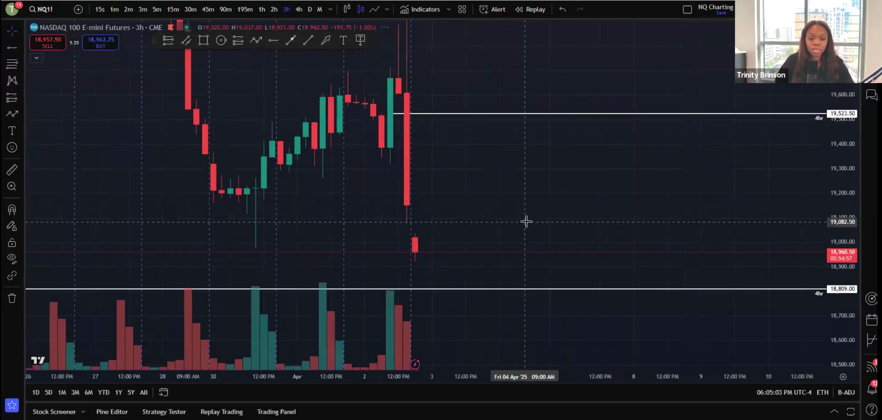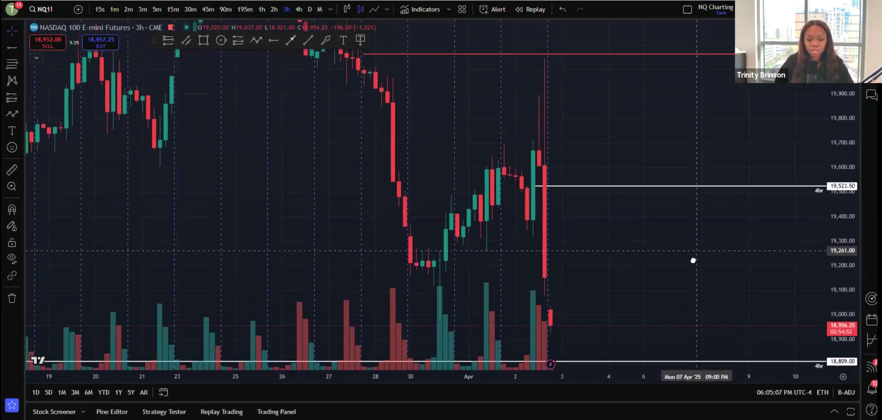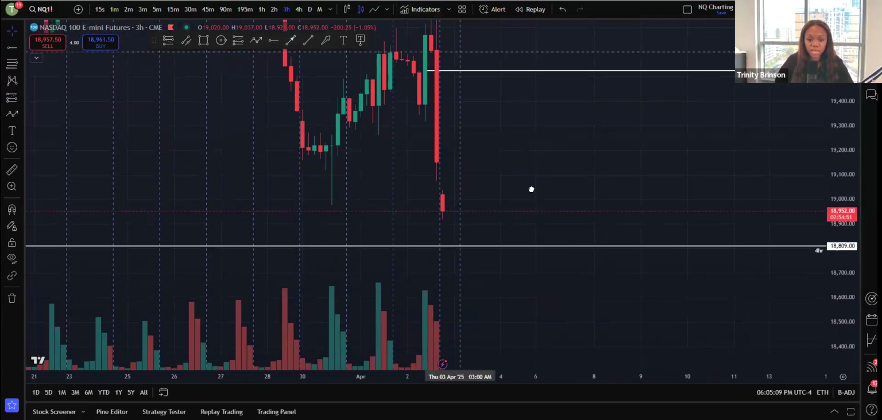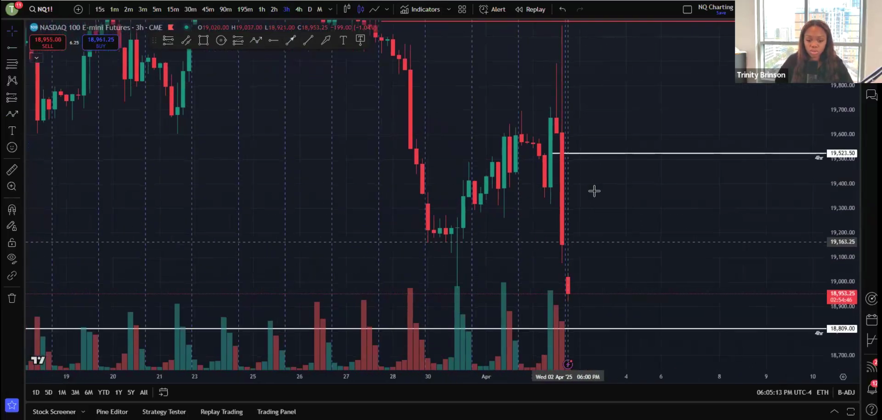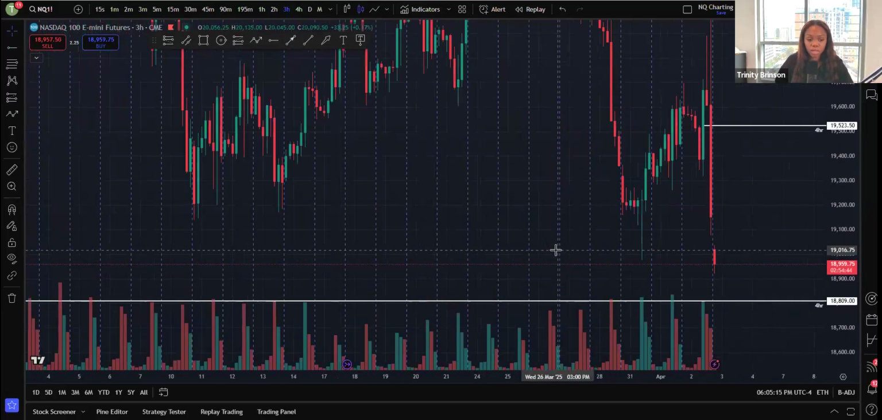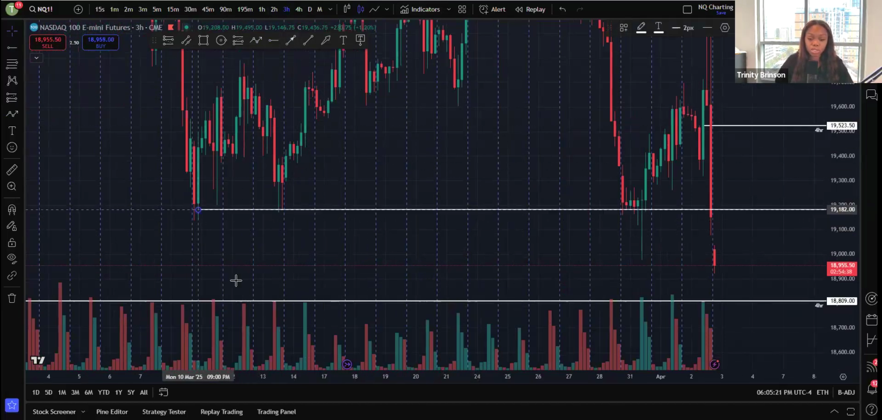All right. Down to the 3-hour now. Seeing what we have. Okay. Nothing up here because we just had this huge move down. So there's no zones or levels really. We do have previous support. You guys know I like to mark out my previous support